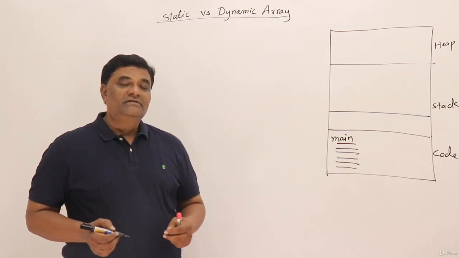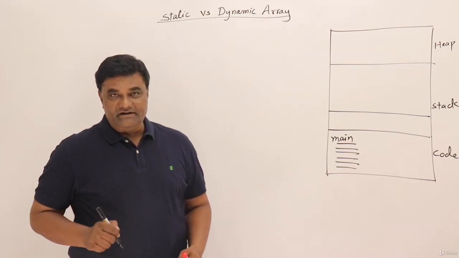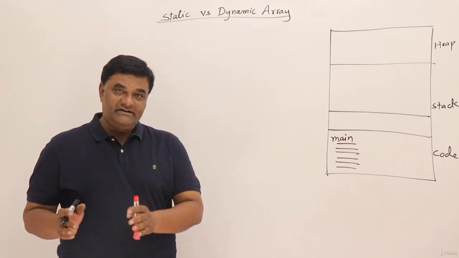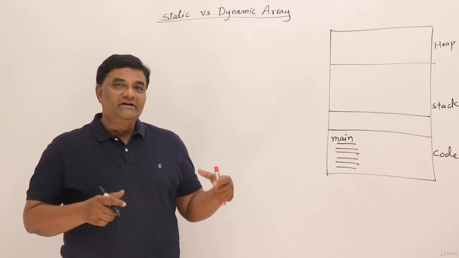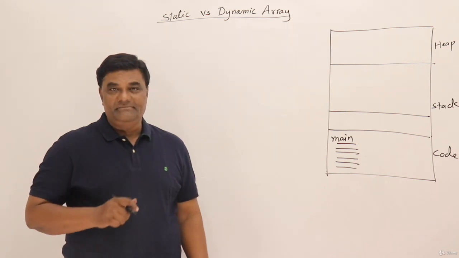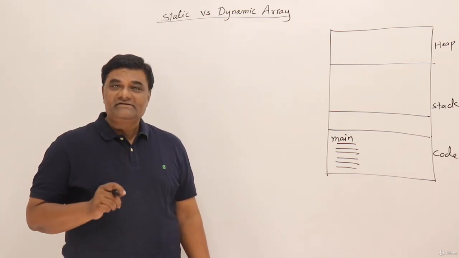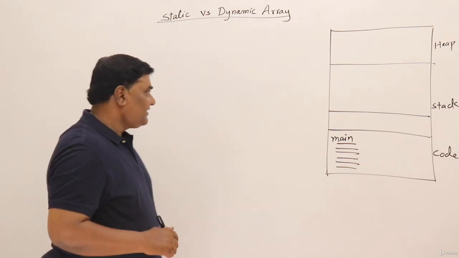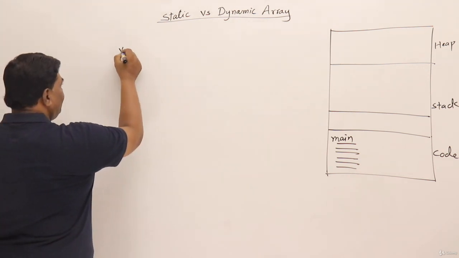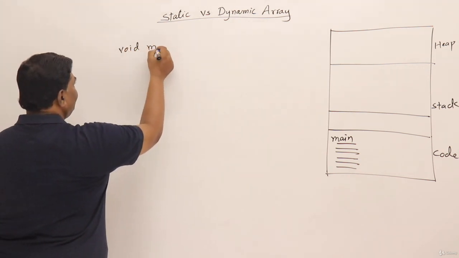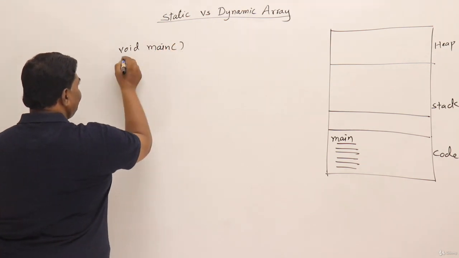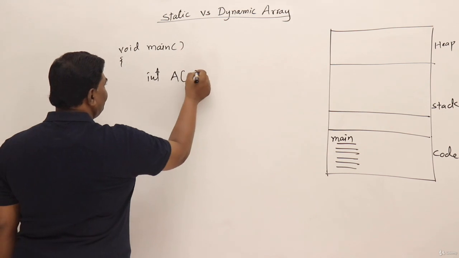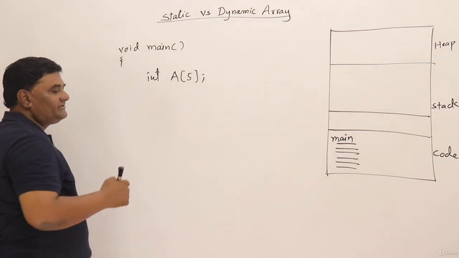Now let us look at static versus dynamic array. So static array means the size of an array is static, and the dynamic array, the size of an array is dynamic. See, once an array is created, its size cannot be modified. So in our programs, when we declare an array, for example, I have a function void main, and inside this function, if I have declared an array integer of size 5, then array of size of 5 will be